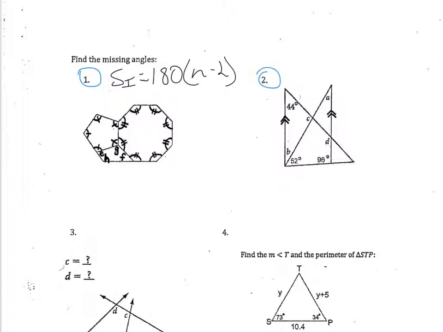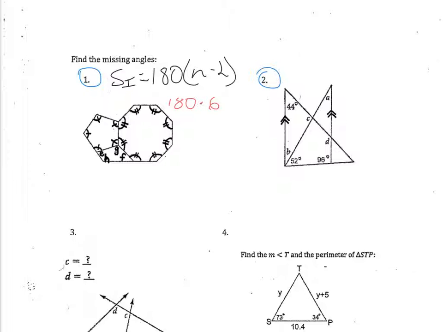So that just means that all of the angles added up in this polygon with 8 sides would be 180 times 6,